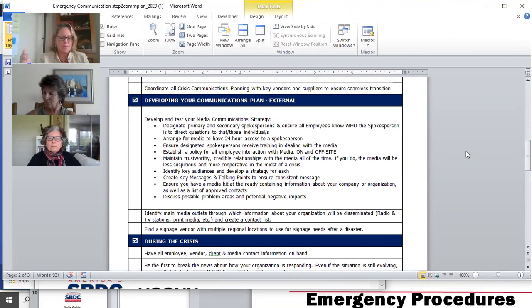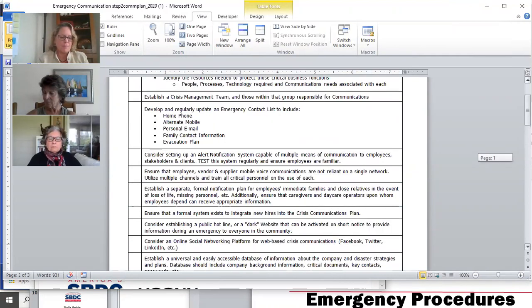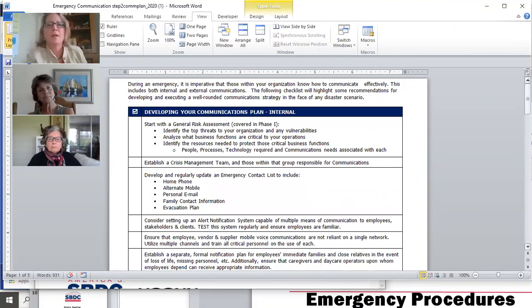So if you go back up to internal, you want to make sure that everybody understands what it is and how you want this process to go. You've already started with your general risk assessment, and then making sure that you understand the vulnerabilities. You're analyzing your operations. So this takes it all through, but now you're going to ask, okay, who needs to communicate what and how? So part of this is really looking at defining who's going to do the communication,